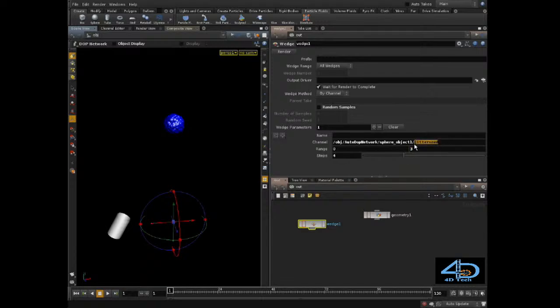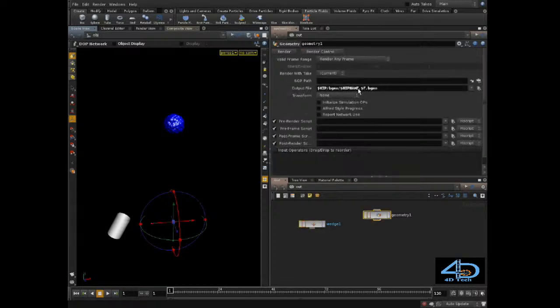We can also just make sure that we give a name up here. So just copy your jitter seed and paste it over here, Control-C, Control-V, and enter. And that's most of our work for us. So now what we can do is go back to our geometry ROP, and we can add in